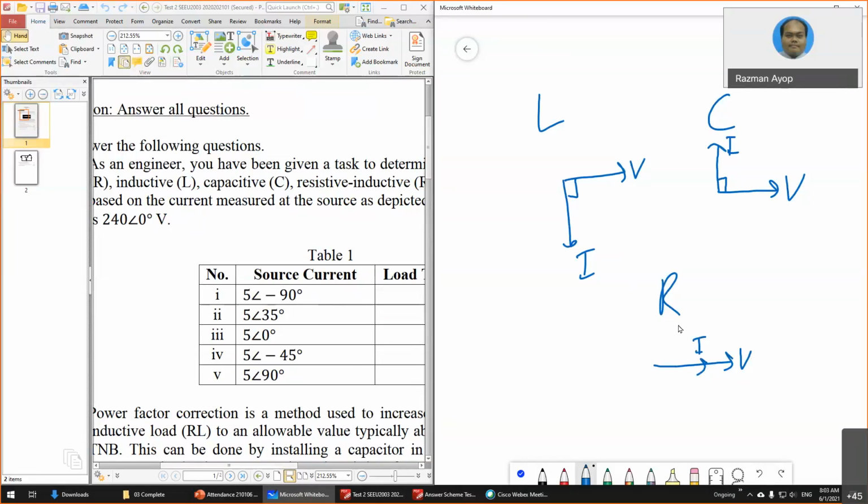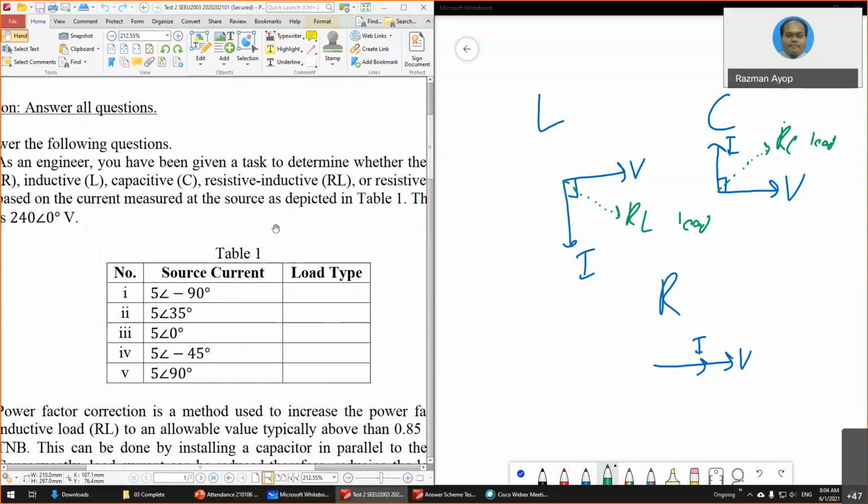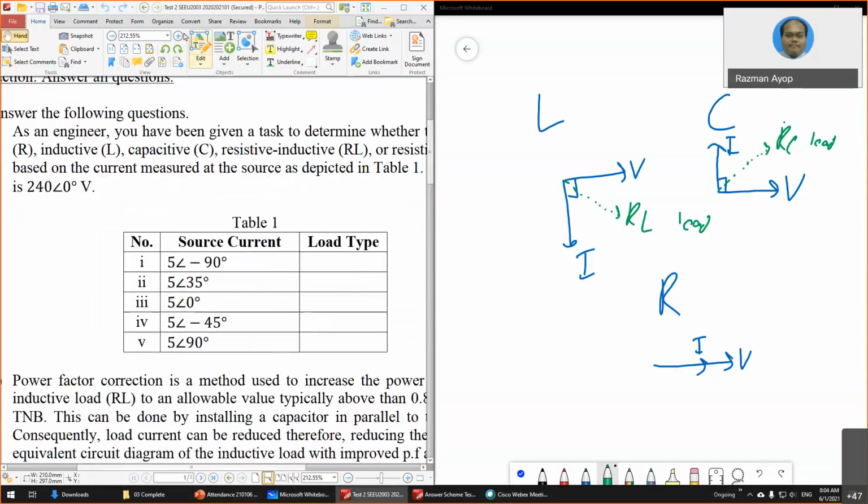So for in between, you know that if something, for example, like this, it means that it is an RL load. And for example, if it is in between here, it is an RC load. Okay, you don't need to do calculation. This is just memorization. You have to memorize it. Okay, so based on this,